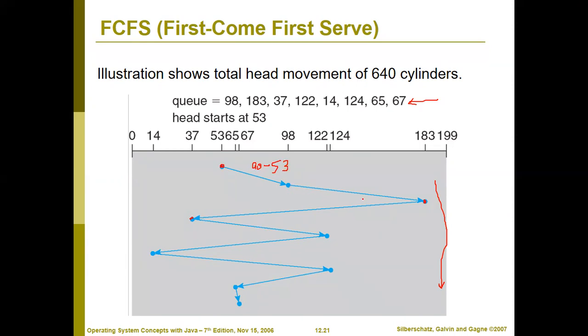Then 98 to 183. What is the distance covered? 183 minus 98. Then you are going from 183 to 37. What is the distance? 183 minus 37.